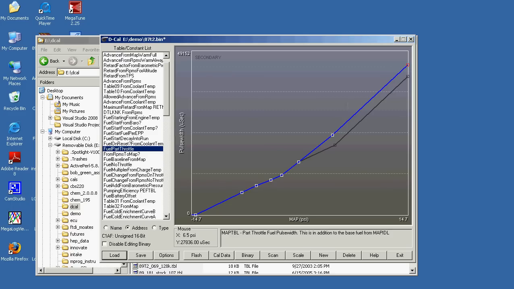The last thing that I will show, and this is probably a little advanced and doesn't really matter all that much. Oops, it's not the cal data thing. Is this binary